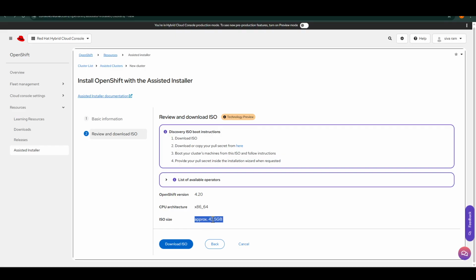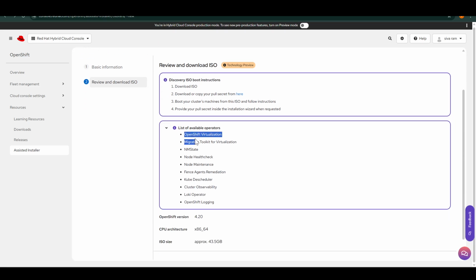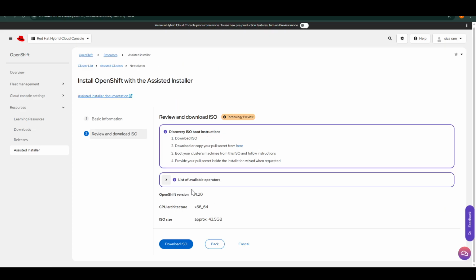When you compare this with 43 GB, it's going to contain not just Red Hat CoreOS, but also OpenShift virtualization, migration tool for virtualization, NMState, node health check, logging and stuff. So it's going to contain a lot of items, which basically is an advanced version of